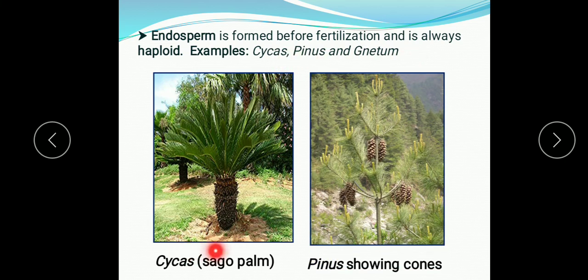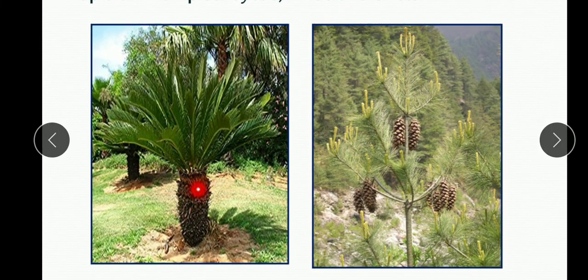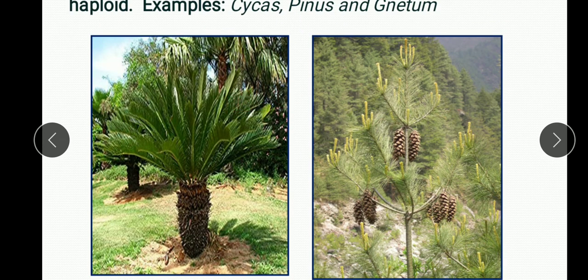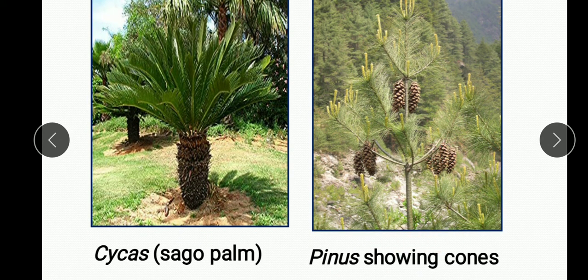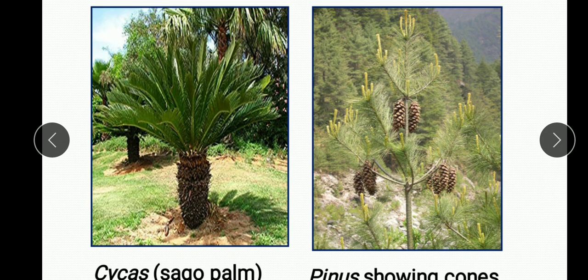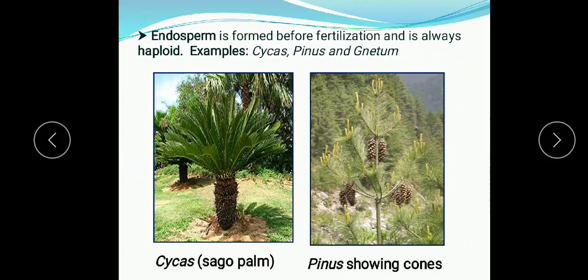So you see this Cycas is known as the sago plant also, as it provides sago from which sabudana is prepared. So this is sago palm and this is Pinus. In sago you will see that the stem is unbranched. You see the single stem from which many leaves are arising here, and Pinus has a branched stem. And in Pinus you can see the cones also. These are actually the sporophylls compactly arranged to form the cones. So these are the examples of the gymnosperms.